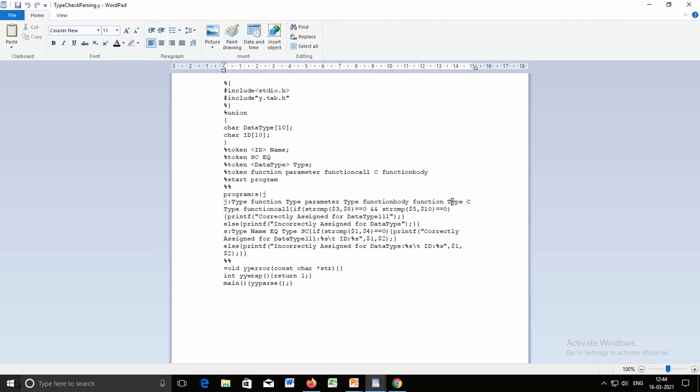You can count like this. If you are not able to understand how I've used it, you can count $1, $2, $3 like this. And the symbol which is present on the left hand side is represented by $$. Since here we are doing type checking, it is important to compare the data type, right? So we have given this Lex specification.